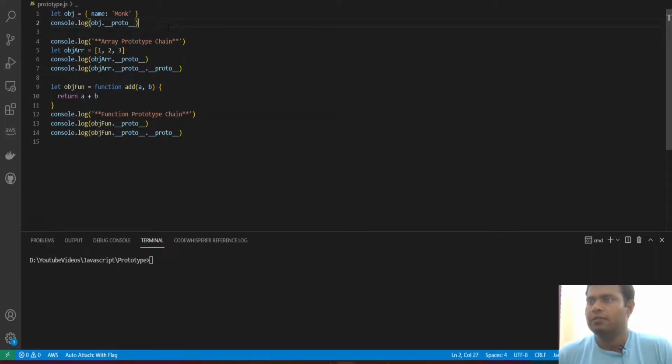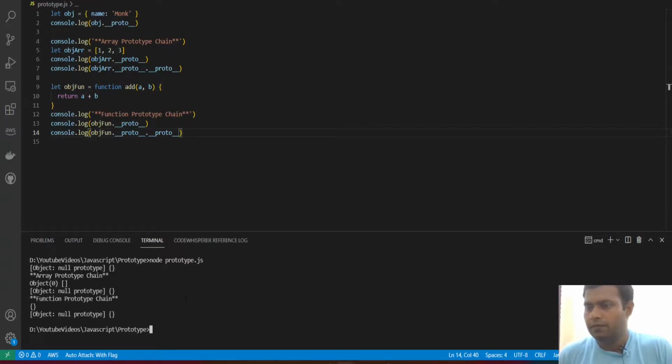On the same lines, we have created an array object and a function object, and we are printing its __proto__ and __proto__ to __proto__. That means its father and its grandfather. So let's run this code. Here if you see, the first __proto__ is null, right? The object obj has its parent, which is a null prototype,